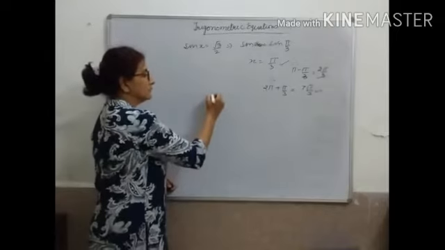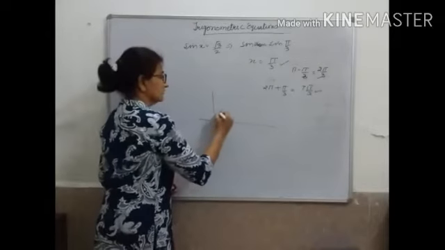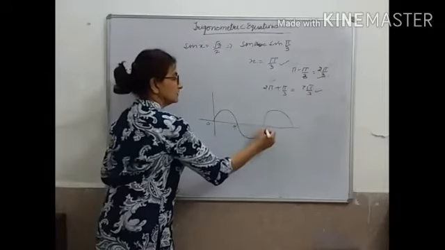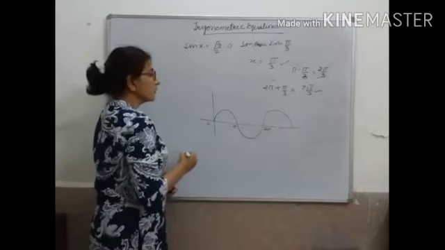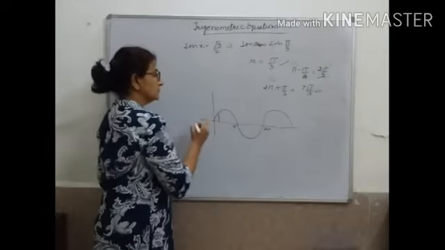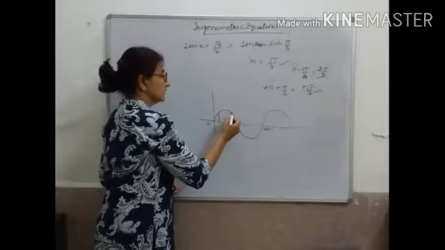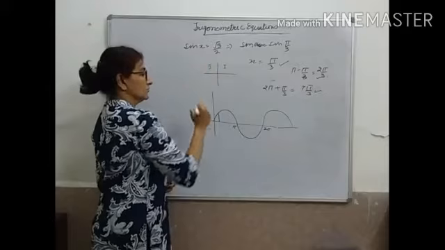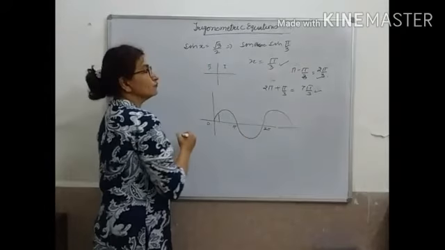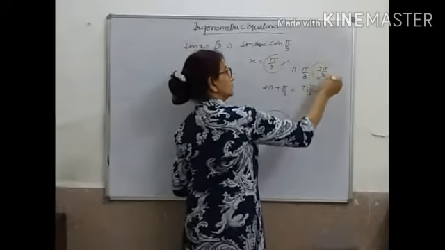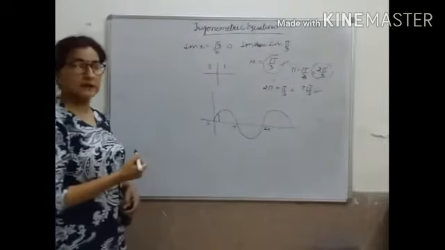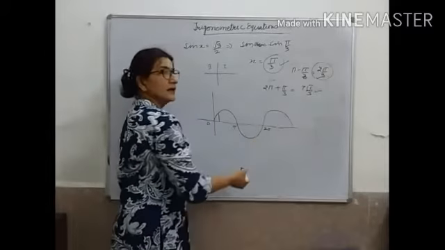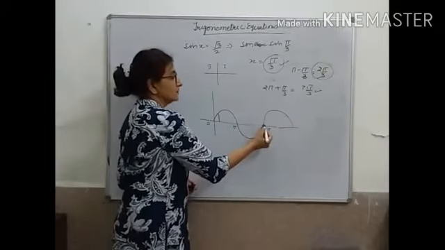Why does it happen? Please see from the graph. This is the graph of sine. This is 0, this will be pi, this will be 2 pi and so on. Here it is pi by 3, it's positive. Then if you see by quadrants, here it is positive, here also it is positive. Up to 360 it will have two values, this one and this one. Both are positive for 60 degrees. And after 2 pi the values start repeating. So we call it periodicity, periodic function.